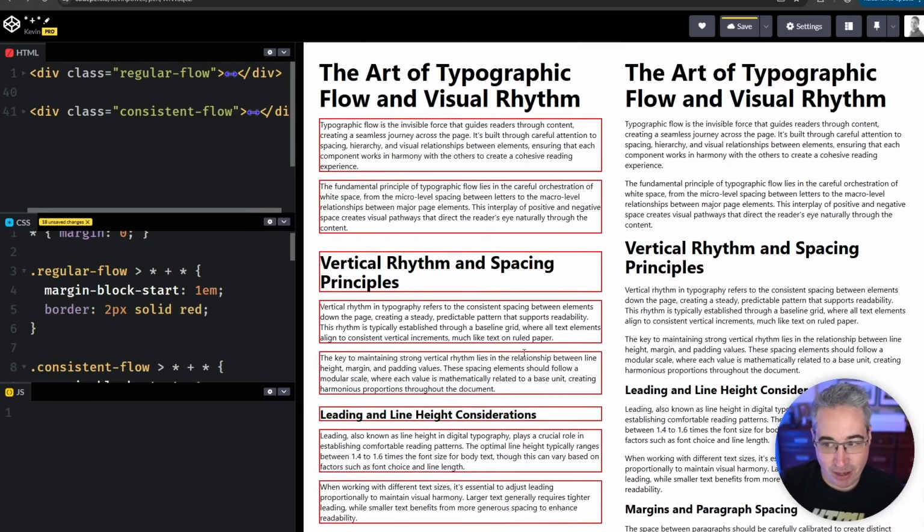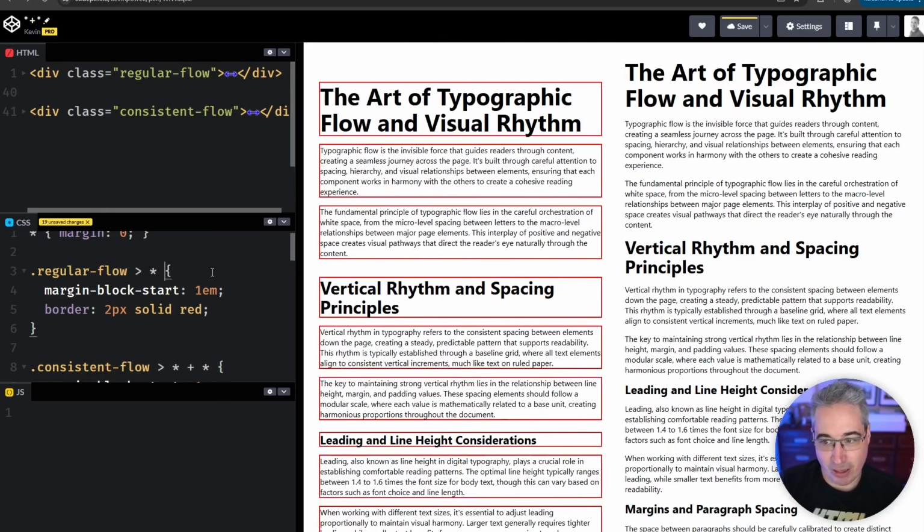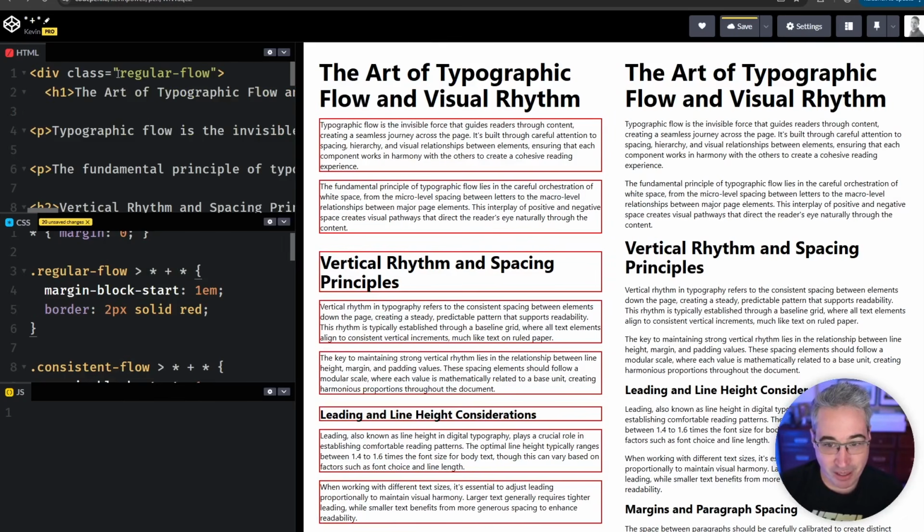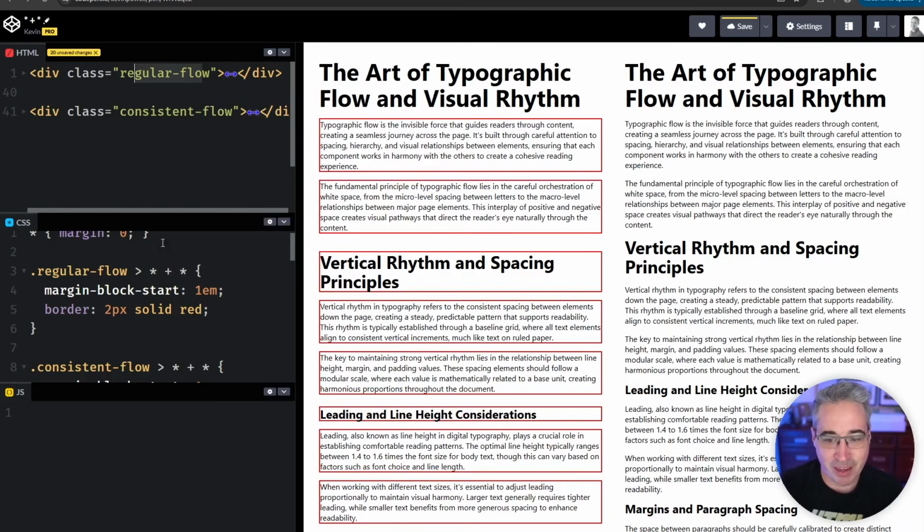going to get that border on there except for the first element all the way at the top, because this is selecting every element. You have your star selector. If I did this, it would be every single element. So my first one gets it, plus star. And now the first child that's inside my regular flow, because I have the regular flow on there, isn't getting it, because the selector is saying every single element that comes directly after another element. So the first one has no sibling before it,